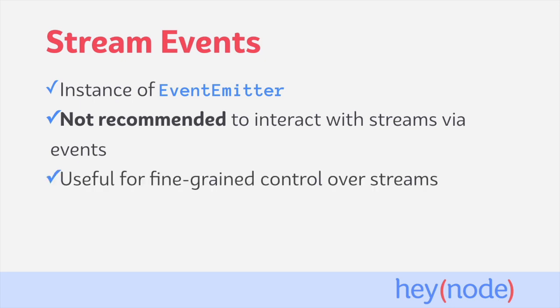So if a stream's events aren't the best way to interact with it these days, why do we even mention it? Well, there are some cases where you want very fine-grained control over how a stream is consumed or how it works. Stream events can be really handy for that if you want to, say, run custom code when a stream ends or begins, or when something within the lifecycle of the stream happens. You can read the Node.js stream docs for more in-depth information about the stream events, but we're going to talk briefly about some of the most important ones to understand.